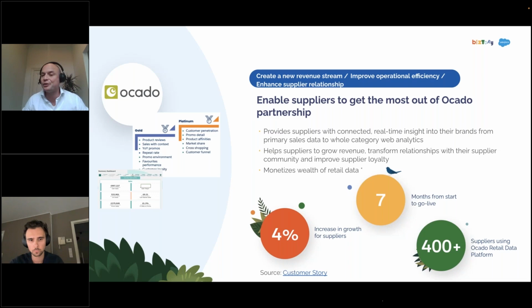And obviously for Ocado, that's a very nice thing also. That means just a 4% up in revenue. If the suppliers are making revenue through the products that are sold on the Ocado platform, also Ocado is benefiting. So here, this is a situation where everybody wins, where data is used that wasn't used before. Well, Ocado used it internally, but in a very brief time, they created a monetizing case that brings in money and binds their partners closer to them. And that's it in brief.